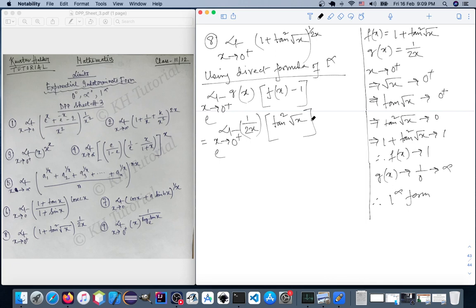So we can see the result. We can apply the result limit tan x by x as x tends to 0 is 1. This equals limit x tends to 0 positive. Since it's the right hand limit at 0 positive,